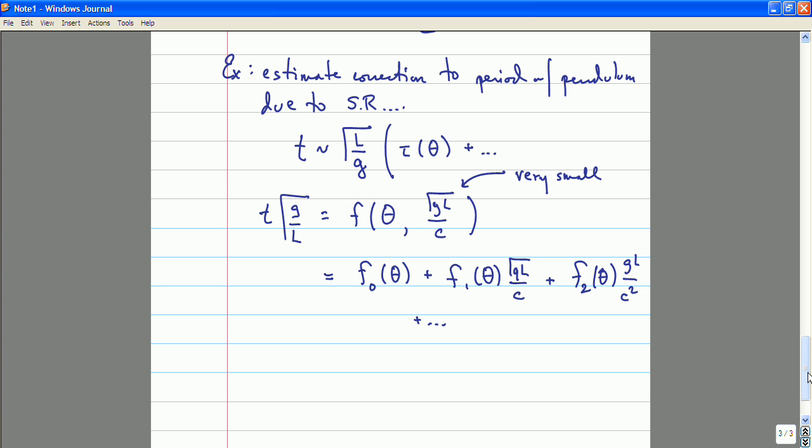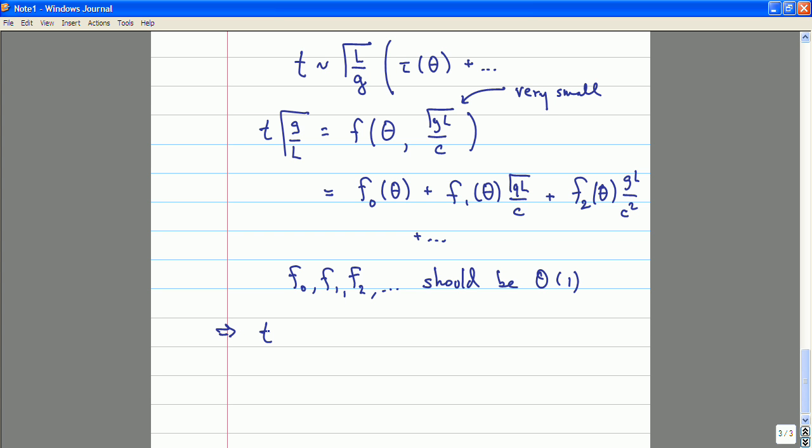And moreover, using our principle of order of magnitude estimates, we would guess that f0, f1, f2, and so forth are all of order 1. And moreover, we know exactly what f0 is. f0 is the thing which describes the period of the pendulum in the absence of special relativity. So it's just what I called tau up above. It's f1, f2, and so forth that describe the corrections due to special relativity, so that the period of the pendulum